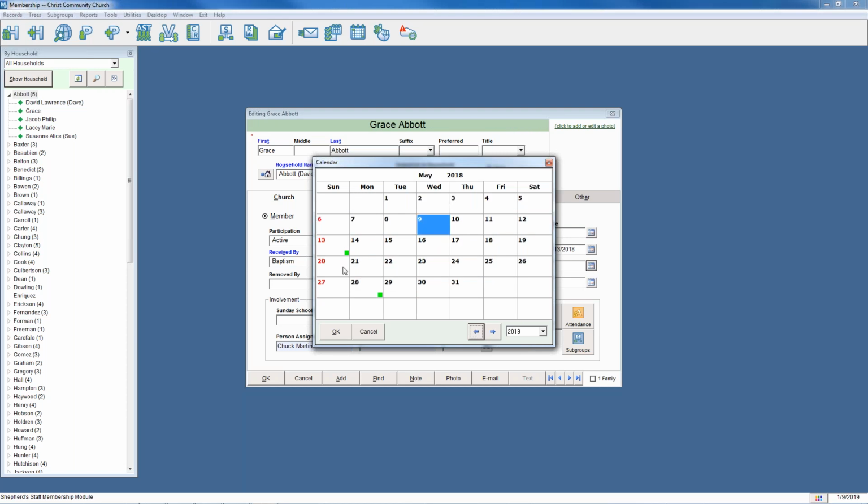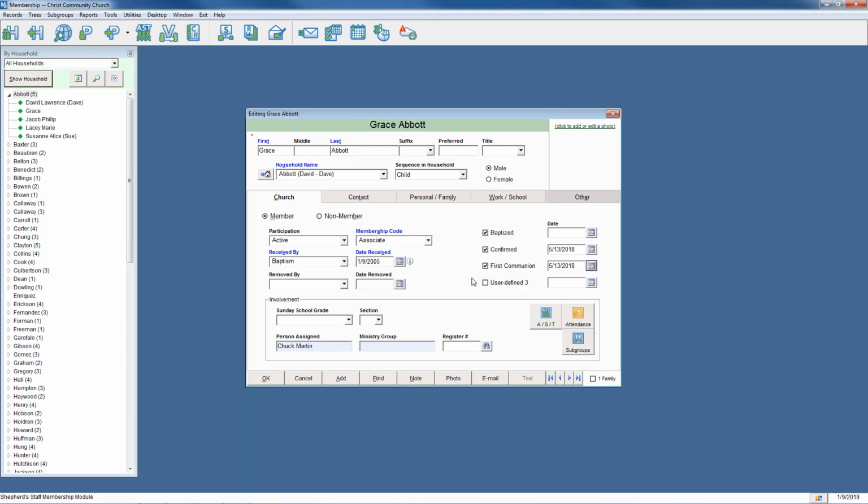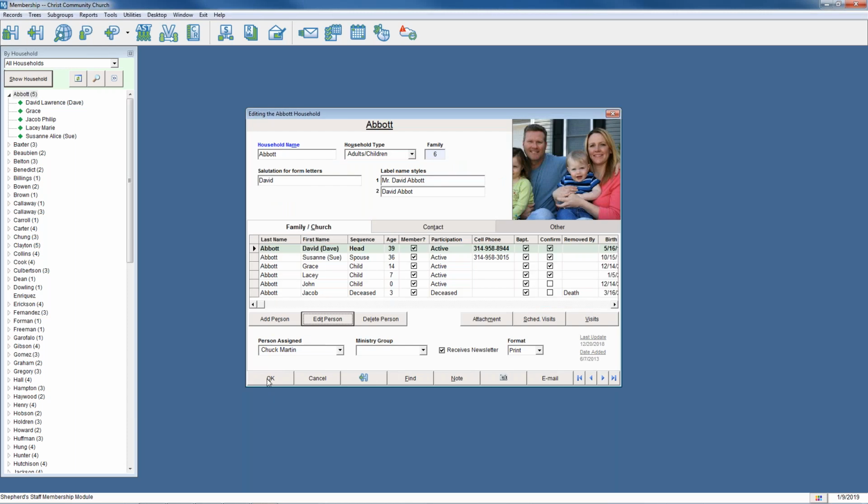That many of our members do use. We'll say it was also that day. And then just go ahead and save that, and that is a confirmation. Then we'll go ahead and handle a divorce, and we'll go ahead and do a divorce for Sue and Dave,